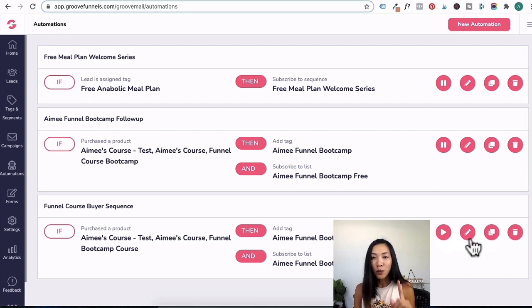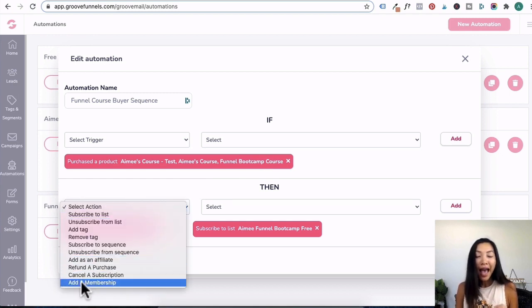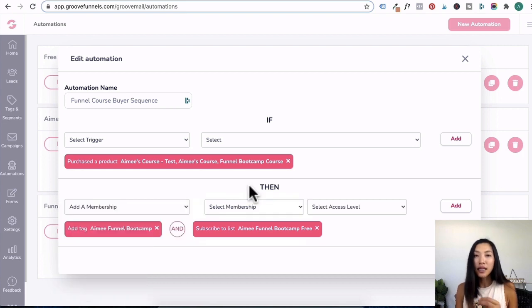One last thing I wanted to point out in the automation is I'm going to click on edit again. So one thing I wanted to point out is to skip adding a membership level. And what I mean by this is sometimes people would put, if some product is purchased, then if you click under select action, you will see add a membership, and then you can select the membership and the access level.